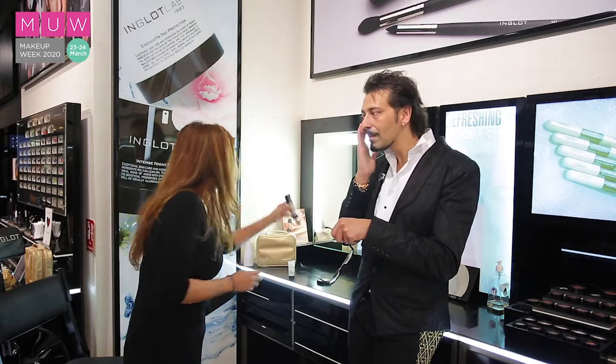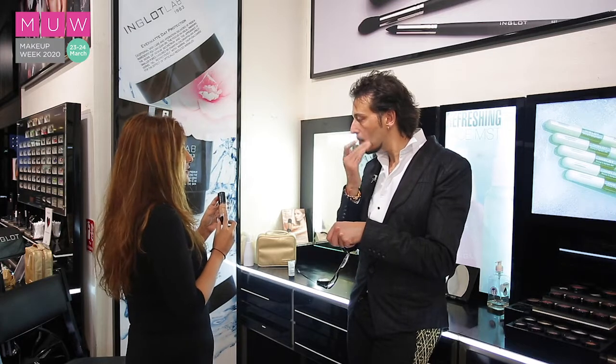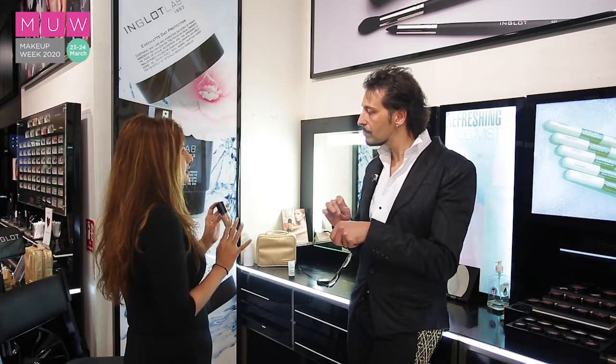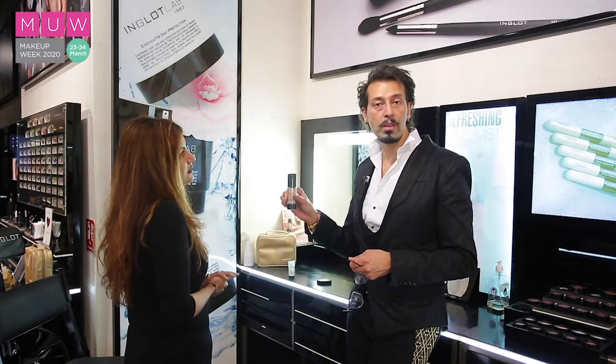What's your next product? The second one is HD foundation. It has high definition pigments. So if you use this, you don't need to use concealer, corrector, anything. This will hide your marks. So you don't need to use anything else other than this. There you go. You see,